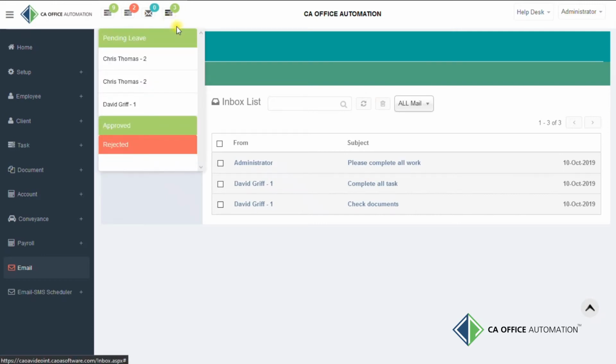Fourth, this button is the Leave Notification button where you can see your pending leave requests as well as approved or rejected leaves. If any user is using the mobile application, then all the above 4 notifications will show as push notifications